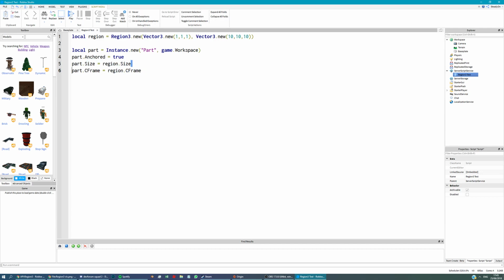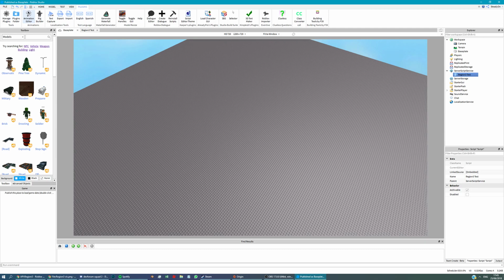The reason we've also set the size here, you might be wondering why we set the size if a CFrame is a size and position value. It's because this region.CFrame doesn't return size. I'm not sure why they did that, but it doesn't return size. So you have to use the size property as well. So now you'll see that if we play the game,